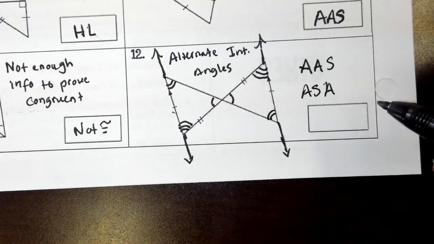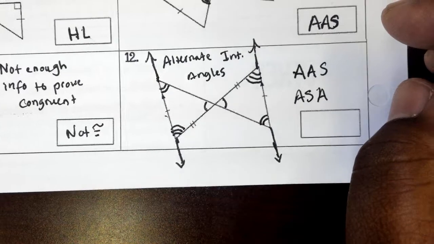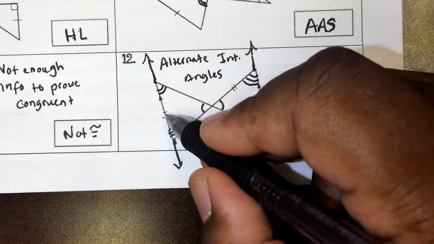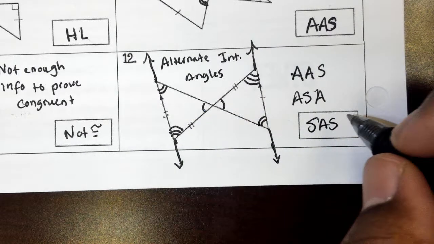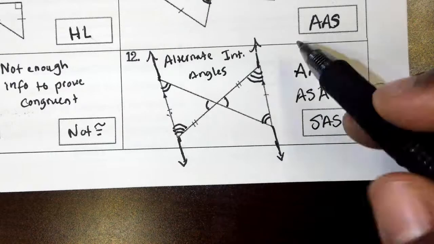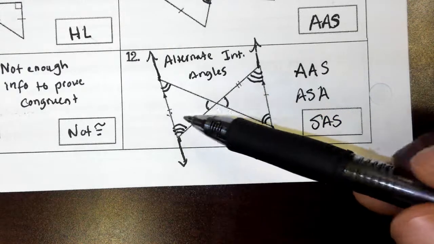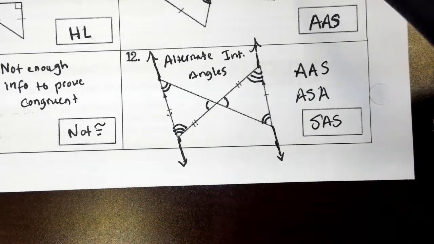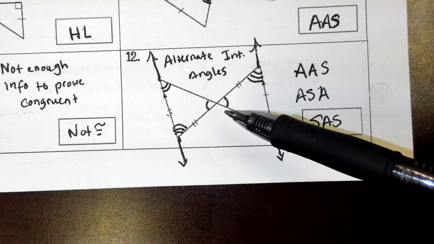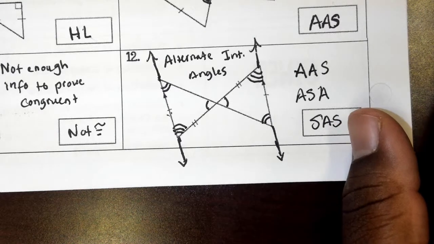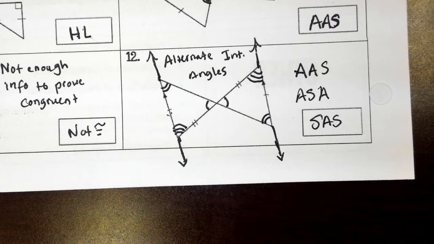I think there's one more. I guess Vincent gonna do it all. Go ahead. Yeah, you should also see side angle side on this one. You didn't say that earlier. You said angle side side. You said the vertical angles. If you were doing the vertical angles and you didn't have nothing else, you had to say angle side side. There was nothing else there. I don't want to argue back and forth with you, but if you were just talking about vertical angles, which you named for me, that was the only logical thing you could have said. If not, you were reading it wrong anyway, so you were still wrong. But I don't want to go back and forth. I'm just telling you. Even if that's going to be your argument that you said side angle side, you were still